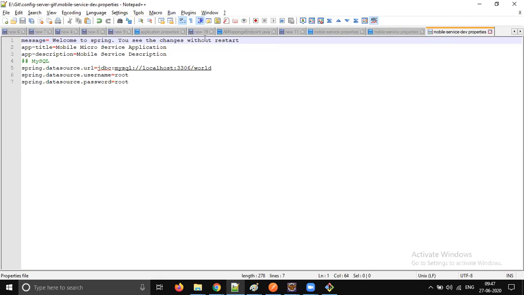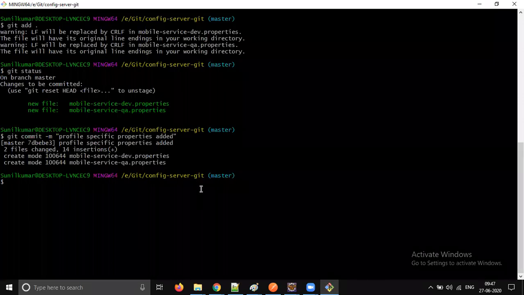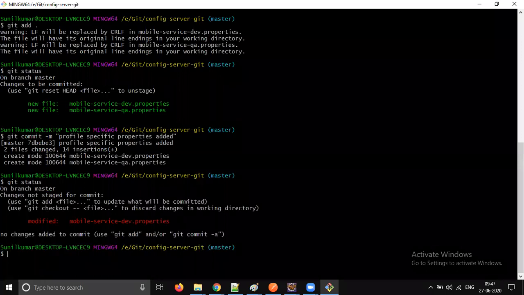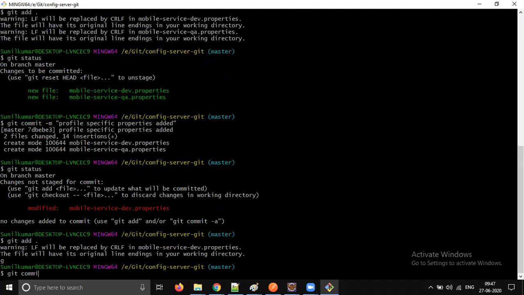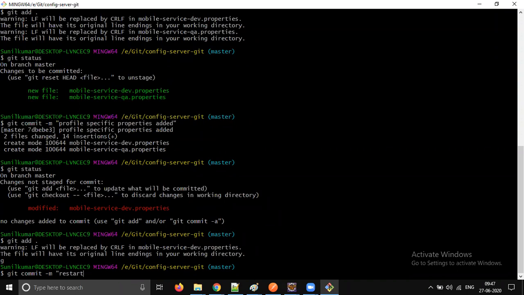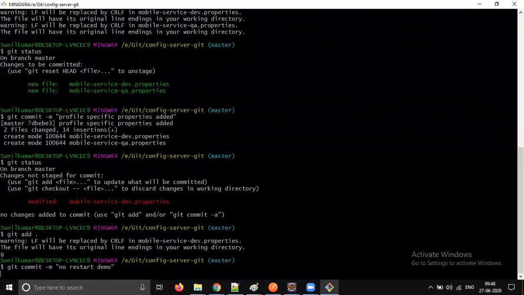Anyway, you have to do commit. Without committing, nothing can happen. So you can do git status. You see that particular file modified. Just do git add and git commit. Git commit -m no restart demo, and just enter.